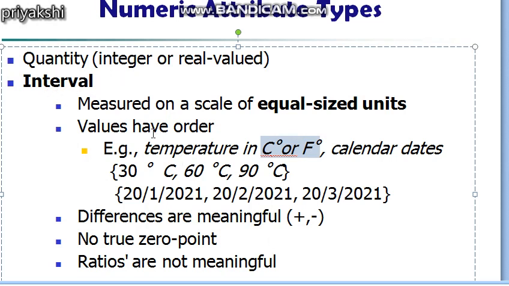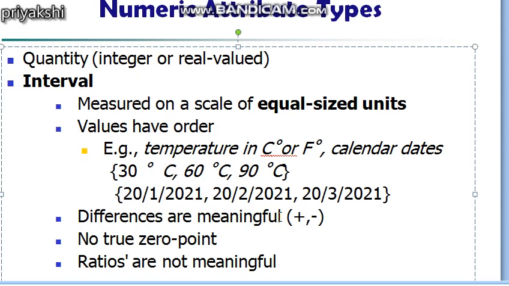So I have written the temperature here in this way. As you can see, the temperature is written in increasing order. So 30 degrees centigrade is less than 60 degrees centigrade, and 60 degrees is less than 90 degrees centigrade. So the order here is meaningful. It gives us an increase in the temperature over the last 3 years. Now if you see the second example, which is calendar dates, I have arranged the calendar dates also in increasing order.